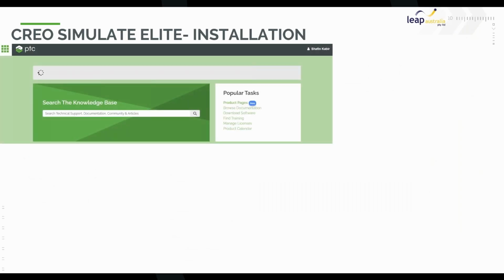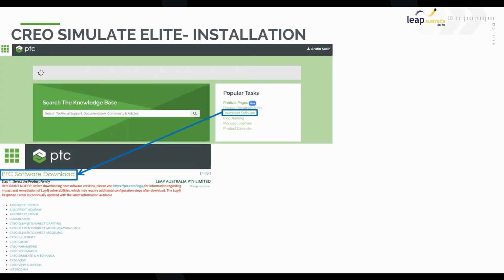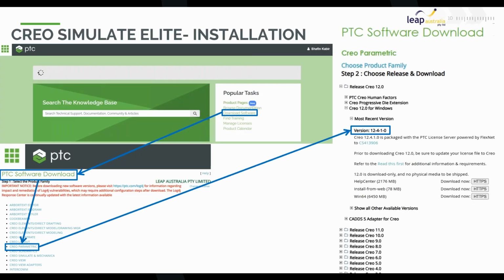Now, first off, you need to get the installer, and where you get it from is going to be your PTC account. You log into your PTC account and go to the eSupport page where you click on download software and navigate to the PTC software download and find Creo Parametric. Then whichever version you'd like, just go ahead and download that. In my case, I'm going to go with the latest version as of today and simply download it